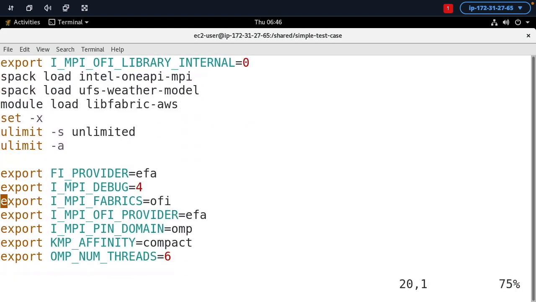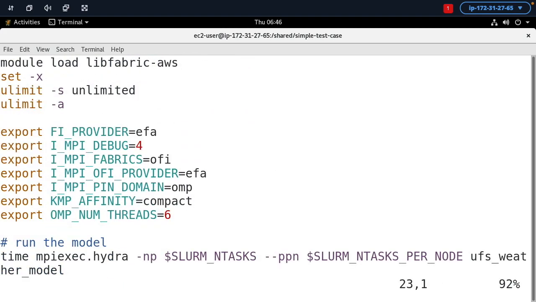comes the interesting part. There are a bunch of things I don't want you to worry about, but I want to emphasize a couple of things. The first one is I'm loading dynamically the lib fabric. As I said, we cannot expect anything to be installed on the supercomputers. So everything that needs to be done prior to executing your job, you have to put that on your job execution. And the second thing, I'm specifying that I want all the communications to happen via EFA, which is our InfiniBand-like